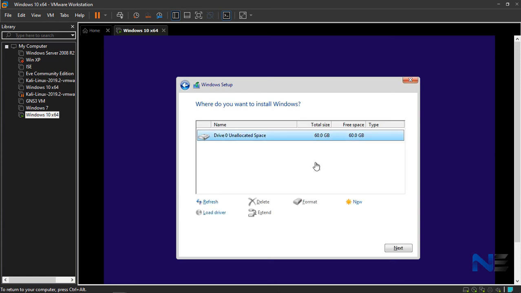Install window only advanced. Okay, you can create partition here if you want. I will not create any partition. If you want to create partition, click on new and you can define the size. I am not going to do so. Click next.